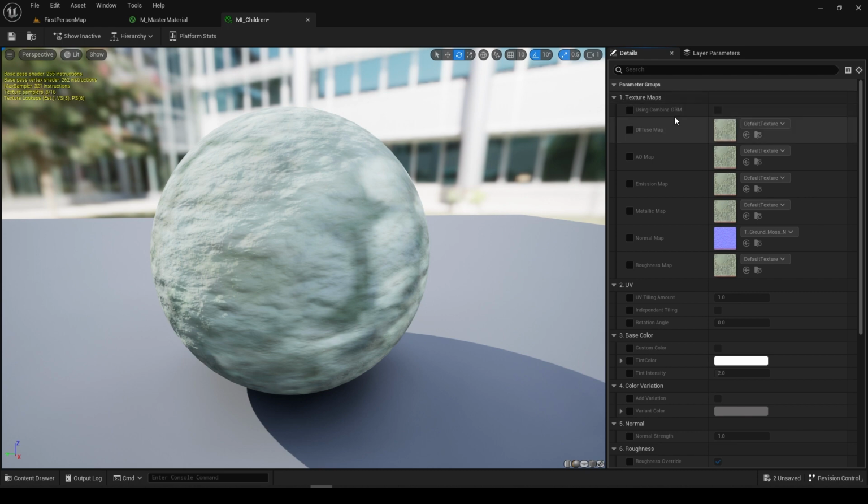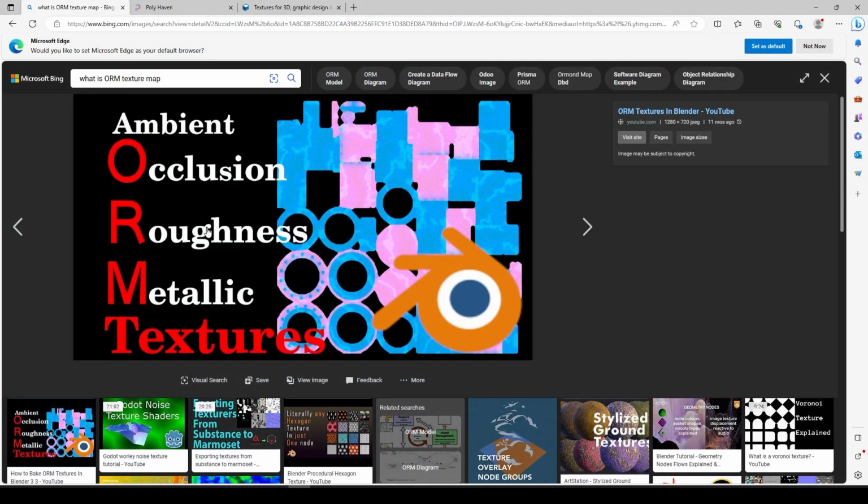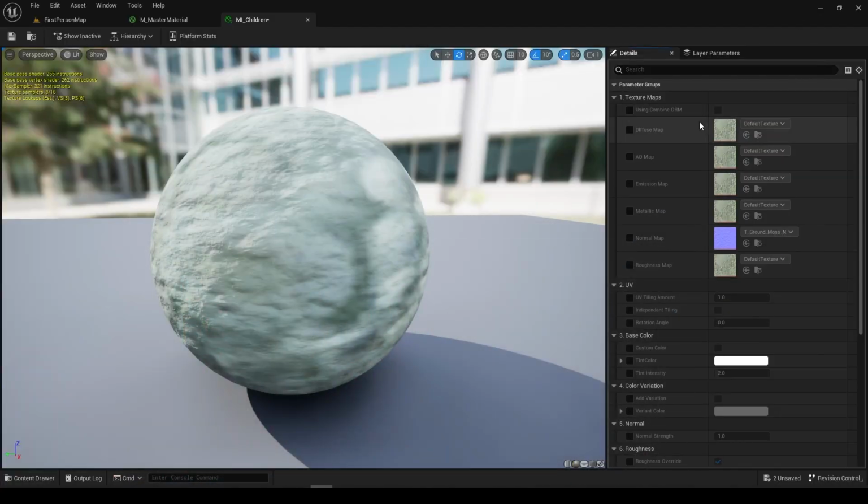About the ORM map, I will get into them later on in this video, but basically they're a combination of occlusion, roughness, and metallic map stacked together. We use them to better optimize our project. It reduces the amount of maps required for those three channels. And if we set it to true,